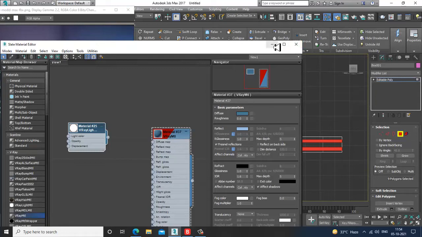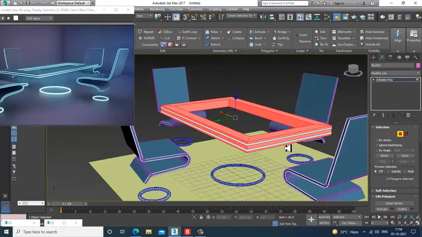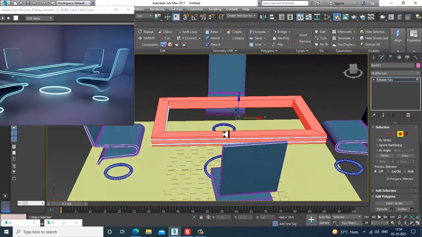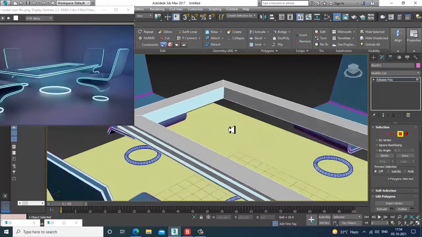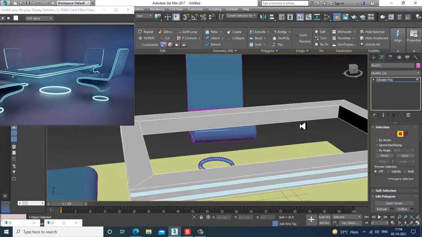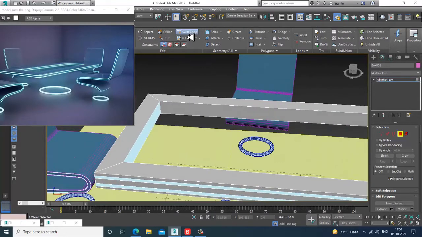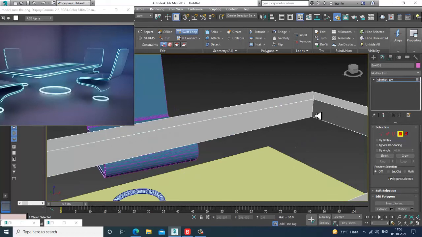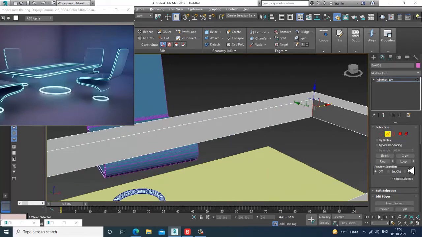Control I, inverse. Also we need to add over here, so we need to connect.